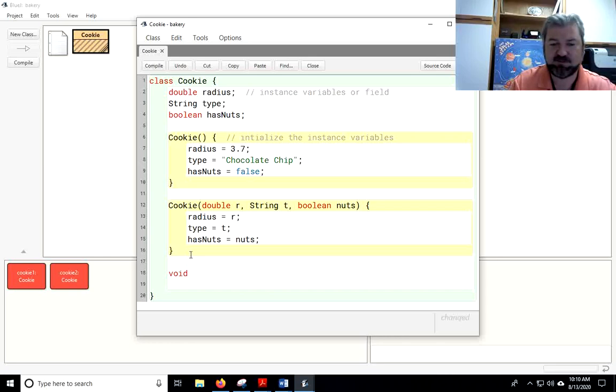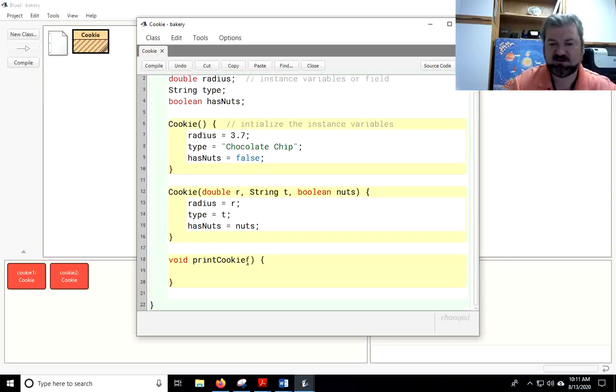So this void method is going to simply print to the console something about the cookie. So I'm going to call this print cookie. So maybe this will give a description of the cookie. Notice that every method has to have these parentheses after it, right? The parentheses can hold parameters, or they cannot. This one here, we're not having any parameters. And we'll just simply say